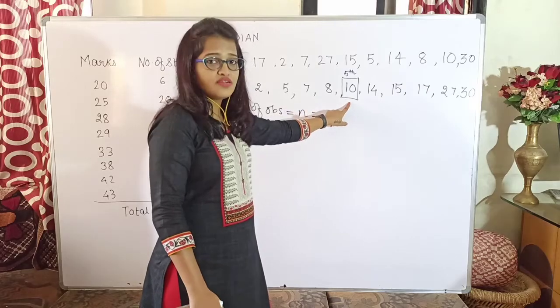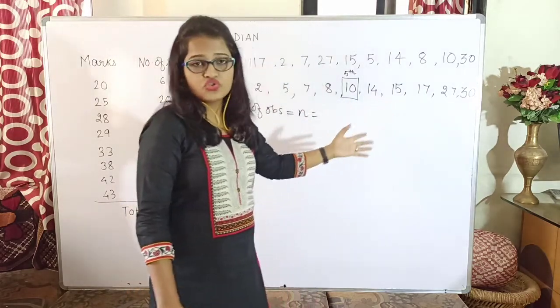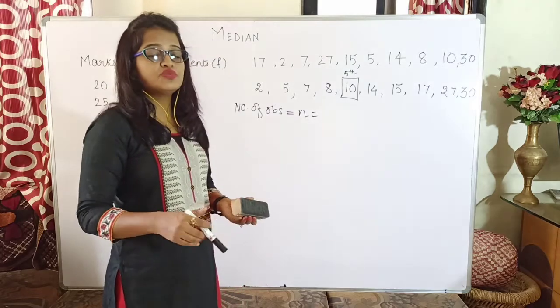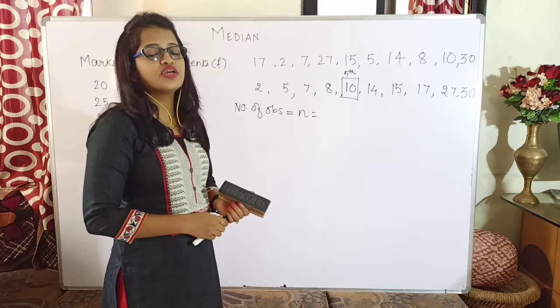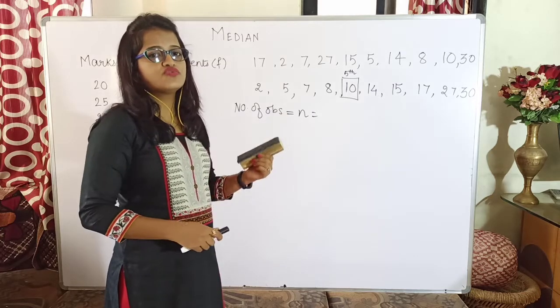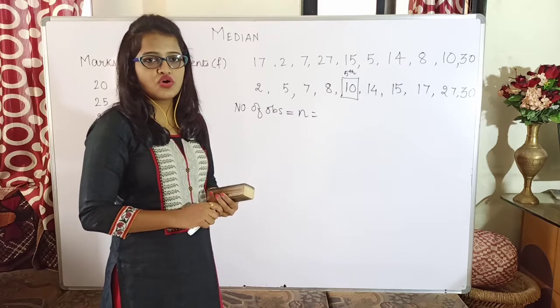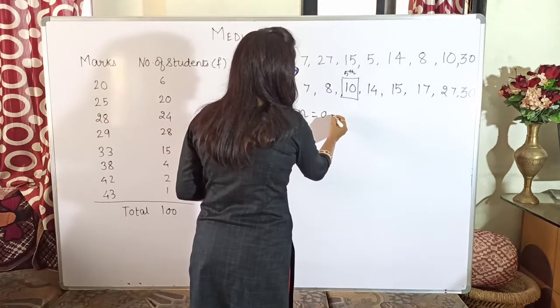If you place the centralmost value here, there are 4 numbers here, whereas here there are 5. So they are not equal, isn't it? So in that case, definitely there should be another way of finding the centralmost value. And hence we are going to write the formulas for two different cases, if the number of observations are odd and if the number of observations are even. So if the number of observations are odd,